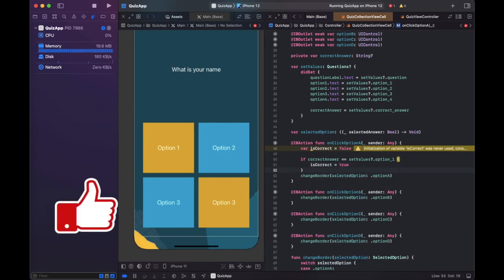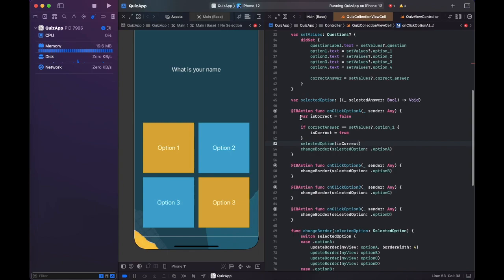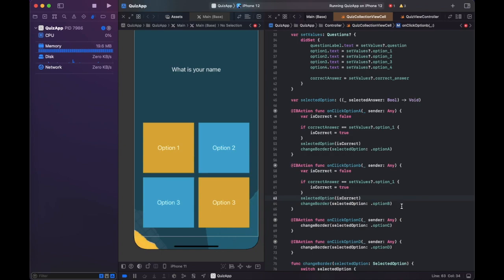And now after this we have to use this closure to pass the value. So in this we have to pass isCorrect. So if I click on this option A, what happens if the answer is wrong? That means isCorrect is false, so it will automatically pass the false value. But if the answer is option A, it will always pass true. So we have to do the same thing for every button. So over here also,